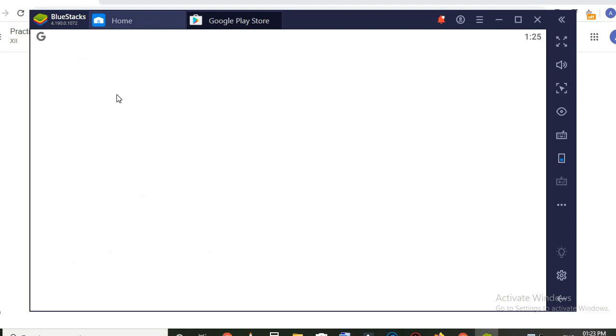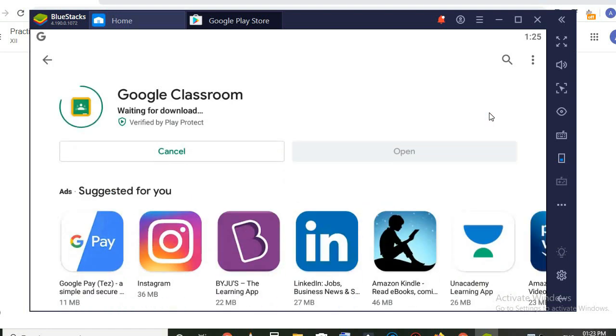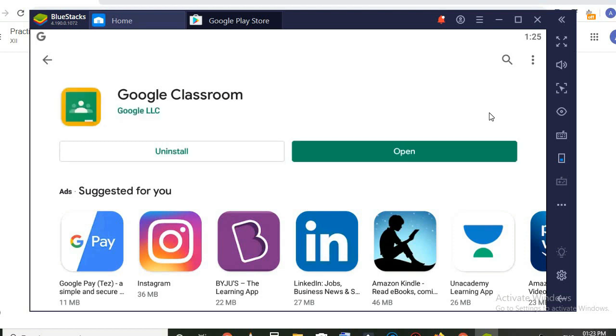Click here. Now install this application. Okay, so the application is already installed. Now open it.